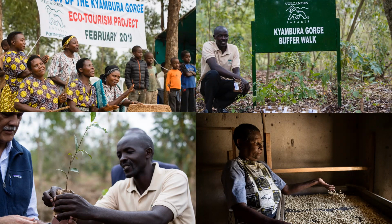In addition to these walking safaris that Volcanoes offers, you can also do a coffee tour. You see in the lower right photo there, and this is actually a women's coffee collaborative or cooperative. There are 11 local women and their families that have banded together to form this cooperative. And you can walk to the coffee area and learn about the differences between Arabica and Robusta coffee plants. There's 100 acres of planted coffee plants where you'll be able to see the plantation and then learn about the process of actually picking the coffee beans, the coffee cherries, and removing the beans, drying them, and then actually get to taste a cup of Ugandan coffee that was